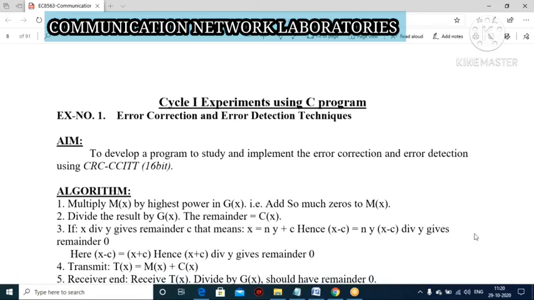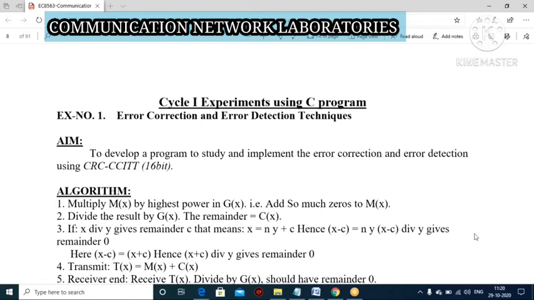In theory, I'll teach you more concepts about error correction and error detection. As I said repeatedly, in our communication network lab, the contents we studied theoretically in the communication network subject, those topics only we are going to do practically.